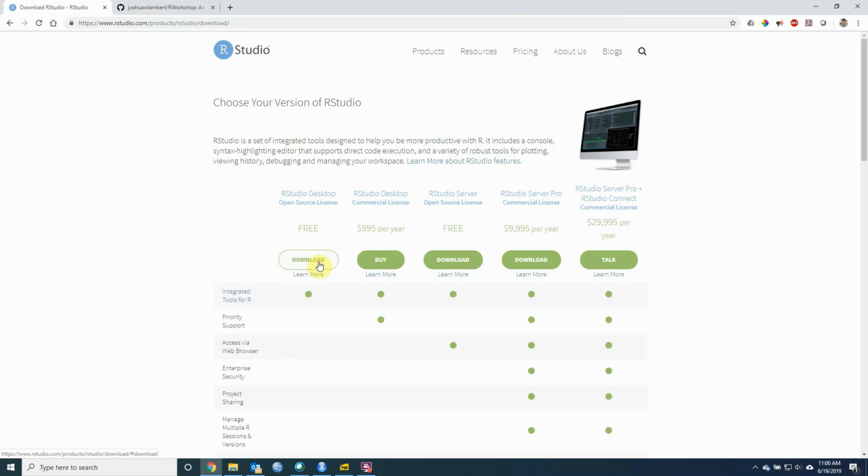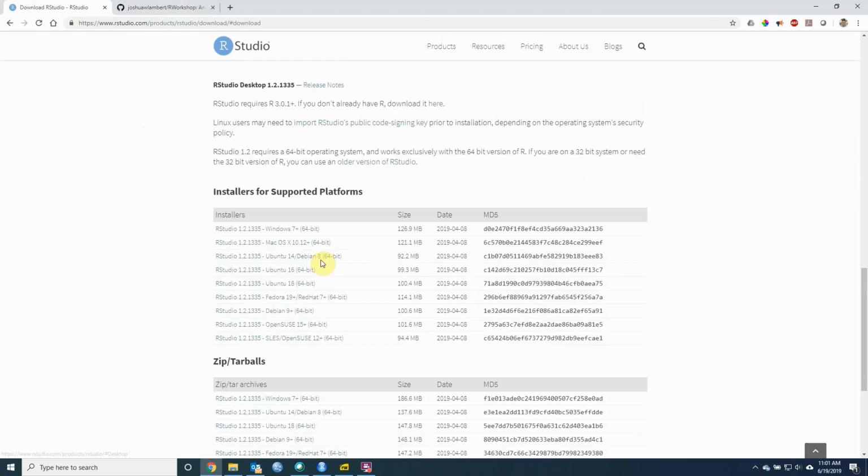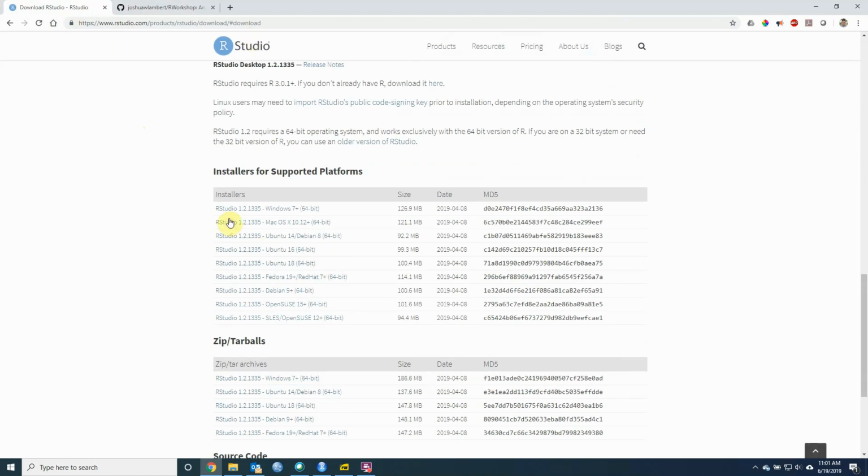We want the free version. For most people, the free version is going to be totally fine. You do not have to pay any of these prices. This free version right here is very, very powerful and can do a lot of things. So if you just click the download, it'll take you down to basically selecting